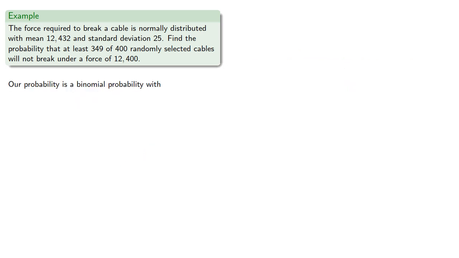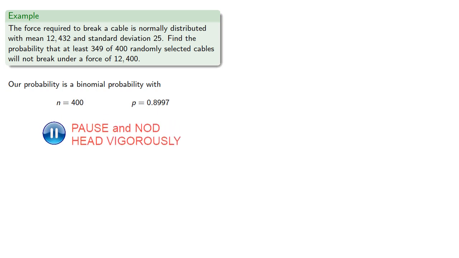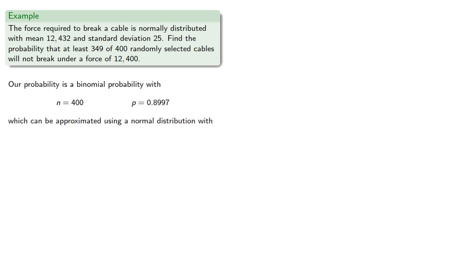Now, our probability we're actually interested in is a binomial probability with n equals 400, and the probability of success. And so we can approximate that using a normal distribution with the same mean and standard deviation. So we find the mean of the binomial, which will be, and the standard deviation of the binomial, which will be,